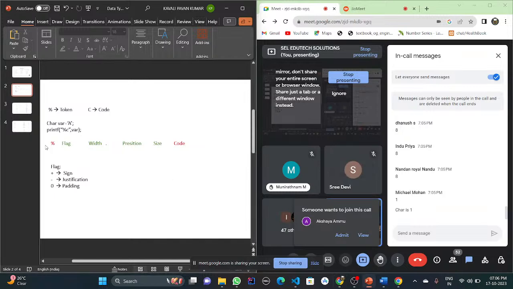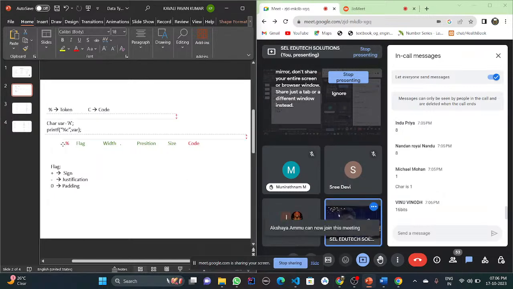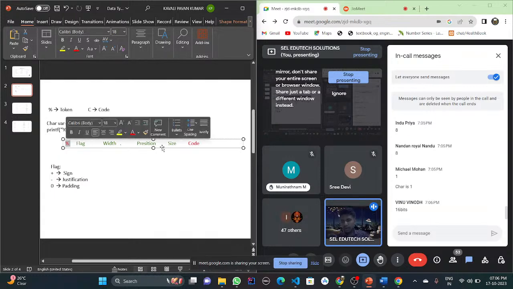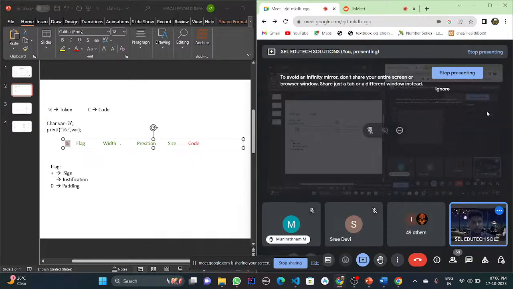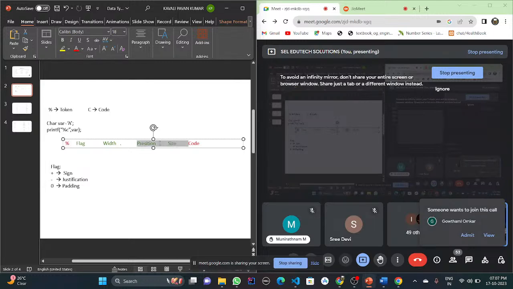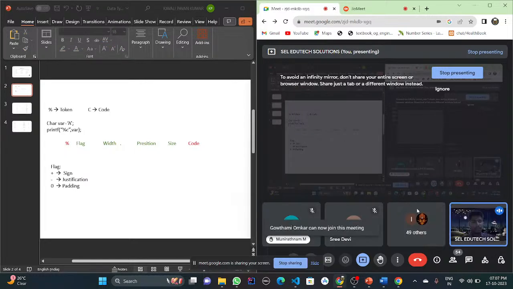Okay, this is the format for a format specifier. Those which I marked in red color, those two are important. I mean without those you can't specify a format specifier. Okay, these two are necessary things in a format specifier. Those which I marked in green color are not compulsory, they are optional. Okay, in that the first one is size. Size means the size of a long, I mean we also have a long data type. The long data type size is